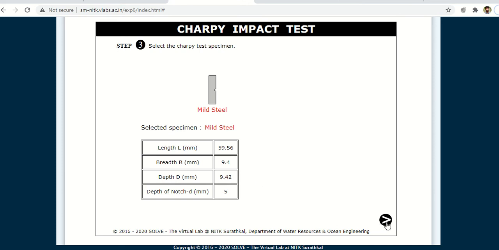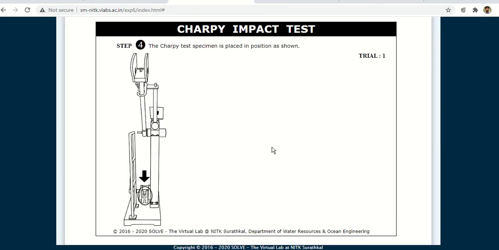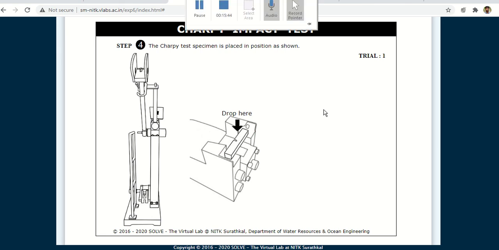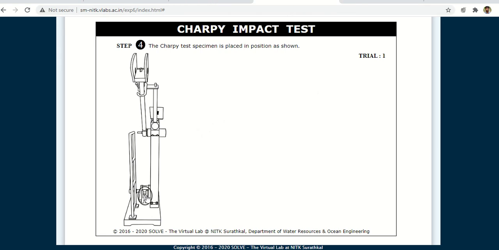Now, once you have got this, you need to proceed with the test. While proceeding, you can see that we need to place the specimen over here. We had already done the friction loss test. Now we need to place the specimen over here. We need to click that, and we need to place the specimen. You have seen how this specimen was placed in the video. We need to place the specimen here. Some error happened, so we need to place the specimen.